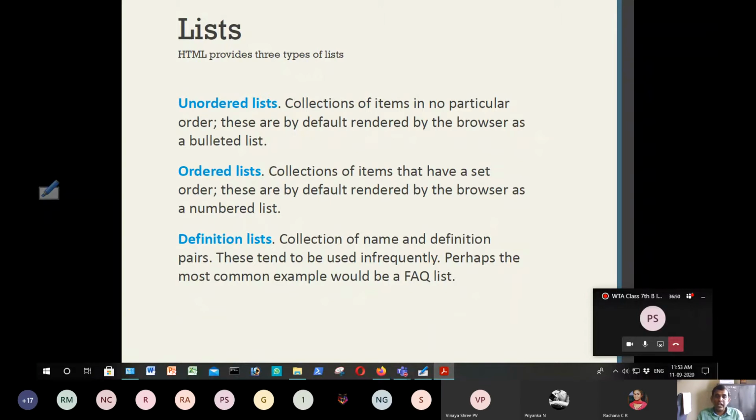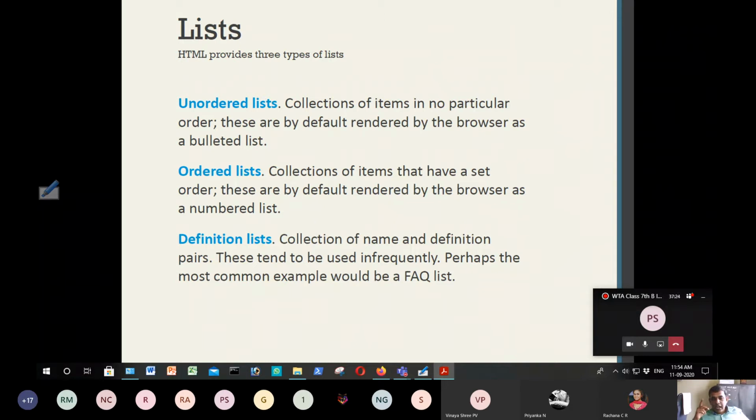An ordered list contains items which are in a particular order and are numerically arranged. That means I can have a list of students who have cleared the exam. I might give 1, first name, 2, second name, 3, like that up to 50. That means the list of student names is ordered by numbers, whether Arabic, Roman, or any kind of numbering. So that is an ordered list.